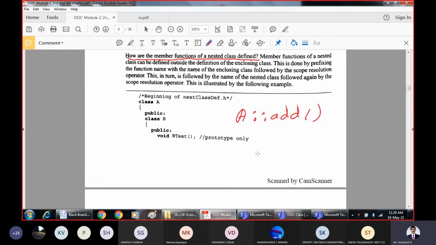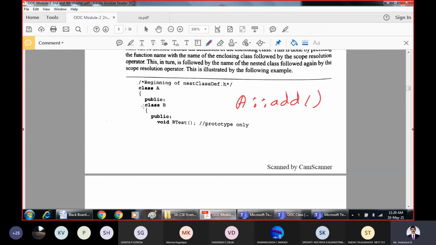So let us see this example here. What does the example say? Class B is being defined within class A, and class B has a method called bTest. Now I want to define the method bTest outside the class.